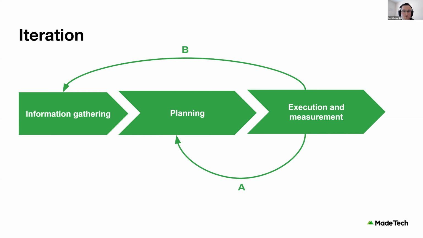Scenario A is where you still have an up-to-date list of missing skills from your initial information gathering process. You've not finished working your way through the most crucial ones, and you can focus on planning the next phase in your upskilling journey and then move on to execution and measurement again. Sometimes you'll find scenario B where you've worked through your list and you need to go back and perform that information gathering phase, do that analysis to baseline your information again. This will help you to find the next set of skills gaps that are causing constraints